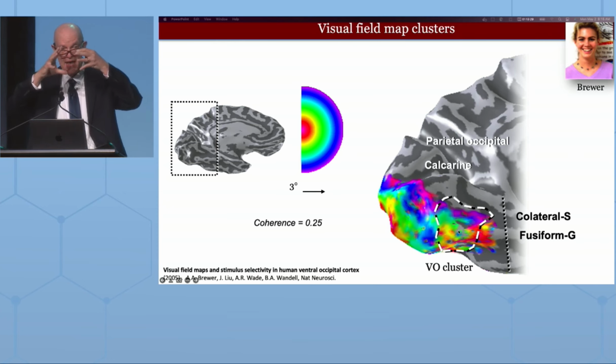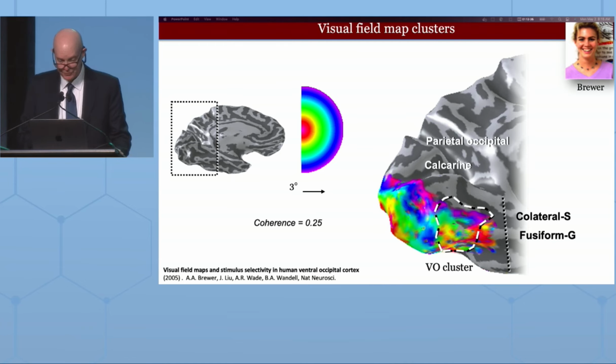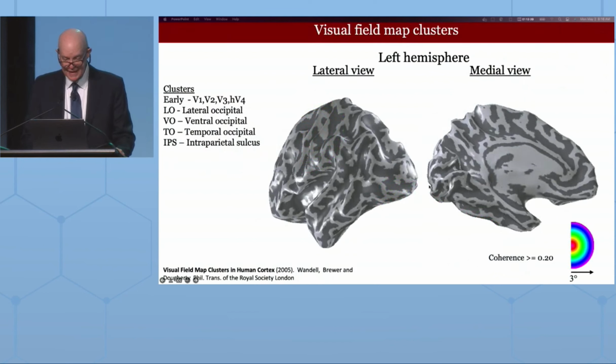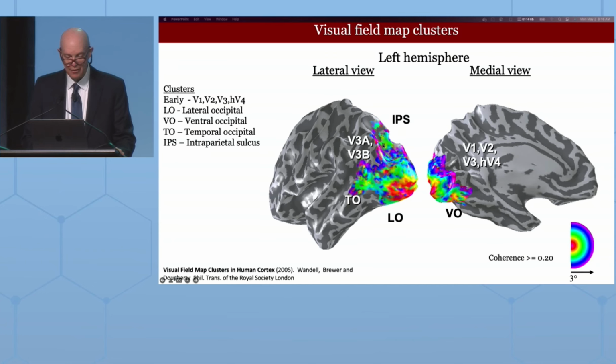And in fact, within that eccentricity map, there are again multiple submaps. If you do the angular one, you can subdivide it into different regions. And in fact, we came to learn that as you look through the human brain, here was the original map, V1 and others that had been found. Here's the ventral occipital map that I was just showing you a moment ago. And on the lateral aspect, both of these are the left hemisphere of one brain. You're looking at the lateral surface here, the medial surface here. You can see there's another eccentricity map headed out this way, and another one over here, and another one over here, and another one over here.